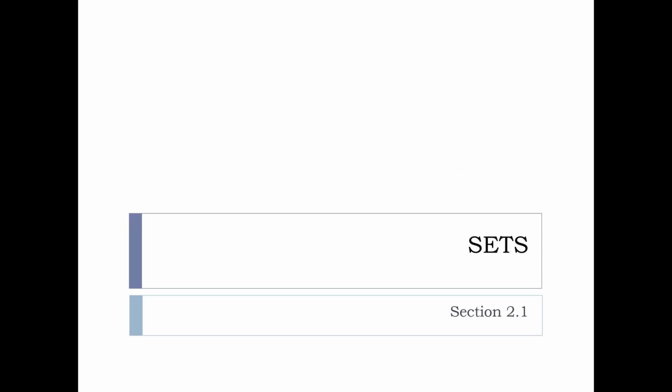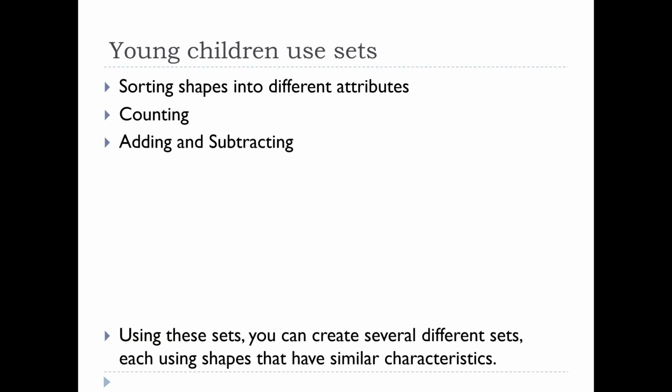Hi, in this video I'm going to talk you through part of section 2.1. This is in two parts. So the first part, we're just going to introduce a little bit of set vocabulary. Young children use sets unconsciously, without knowing it, all the time, sorting shapes into different attributes, counting and adding and